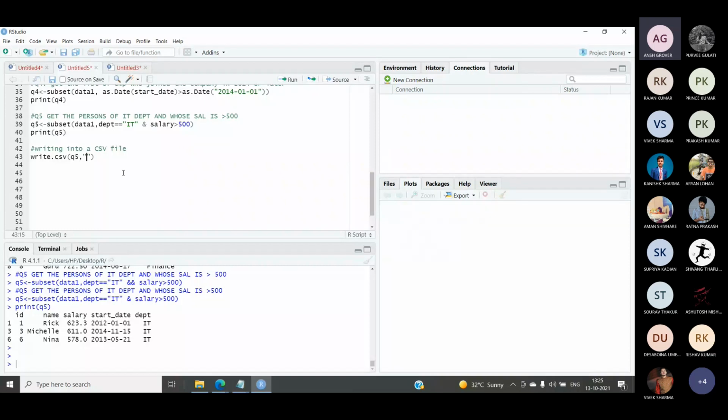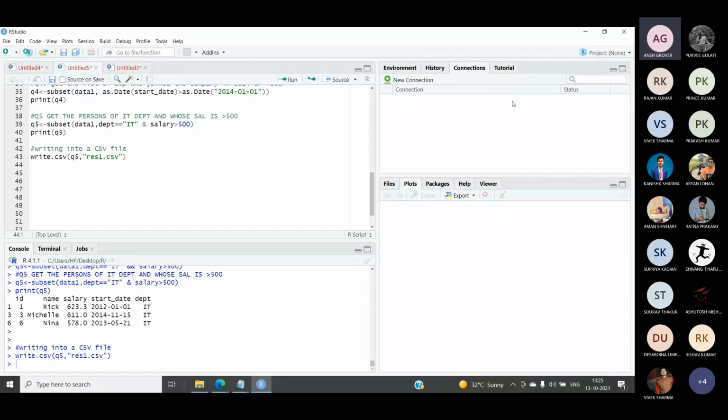So let me call it result1, result1.csv. That is, res1 will be the name of my CSV file. Now where will this file be stored? This file will be stored in the R folder, because our working directory is R right now. So whenever this command runs successfully, we will check the R folder after running this.